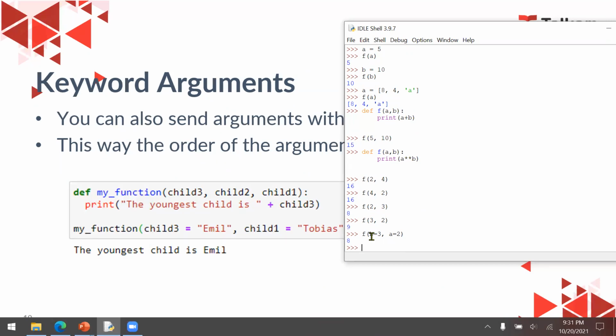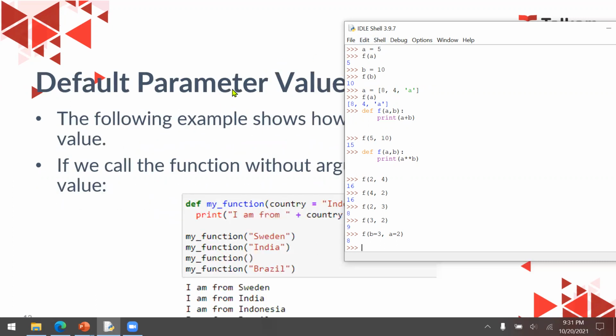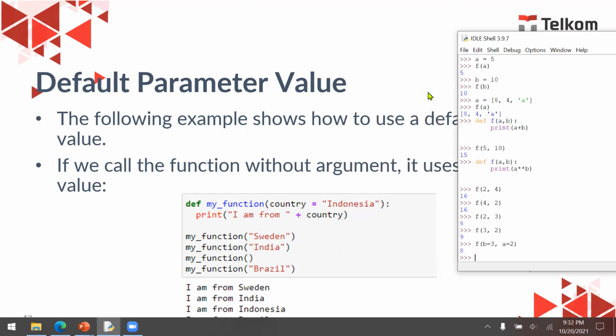We already use that keyword argument. And then argument and default parameter. Okay. So let's say I'm going to put a default value for a specific parameter.